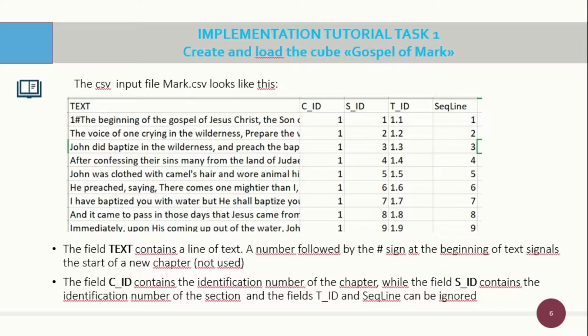Okay, so we can start. The first tutorial task is to create and load the cube Gospel of Mark, the one that contains the underlying texts. The comma-separated file is called Mark, and here is how it appears. We have a field text that contains the text line, then the coordinates chapter ID and section ID,